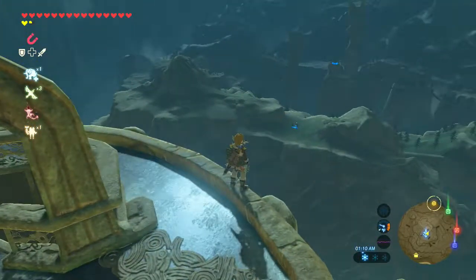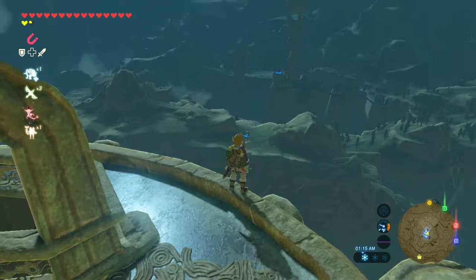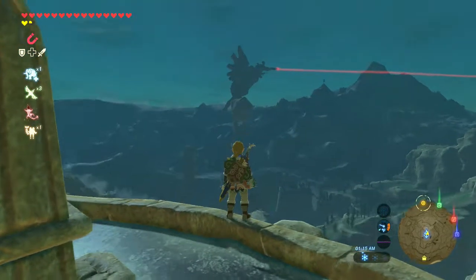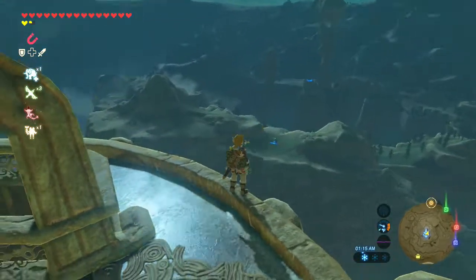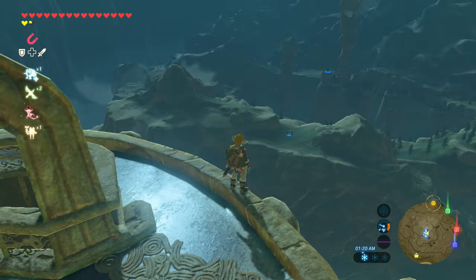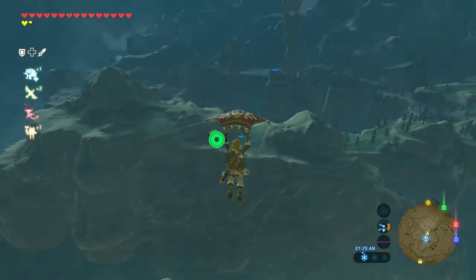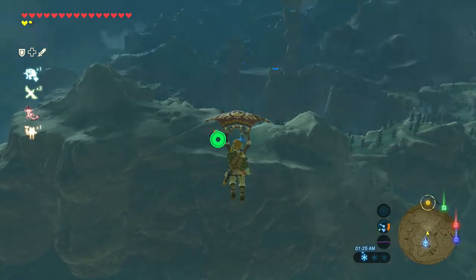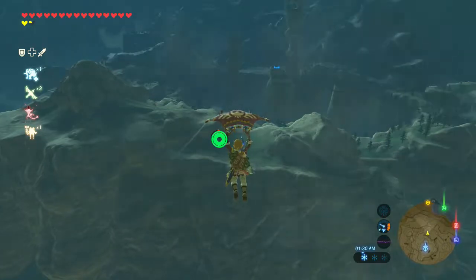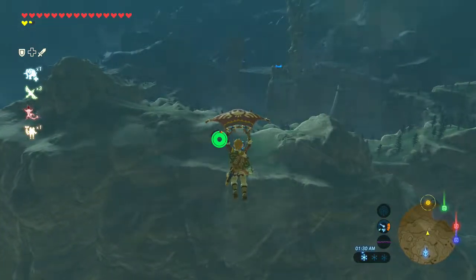All the way over there, you'll notice that that is the area that I need to go to. I am in the Rito village, or rather close to it, and I'm in the area that I need to be, and that over there is where I need to go. Alas, there was a recording failure, and as I've already stated, Elgato is very annoying.